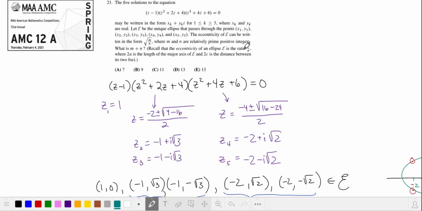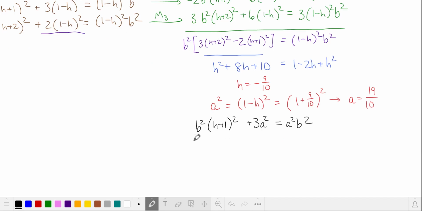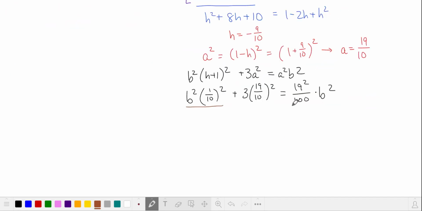In our problem statement, we're solving for c over a. Let's find out what b is, and then we'll solve for c. We can use this equation again, and we'll plug in our values for a and h. We'll collect the terms that include b squared on one side of our equation. We'll save a little bit of time by not multiplying things out just yet and using the difference of squares